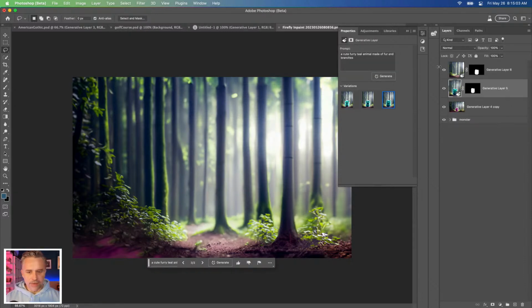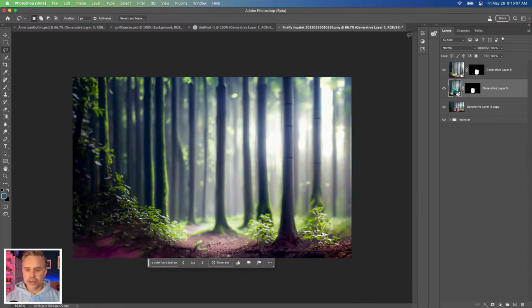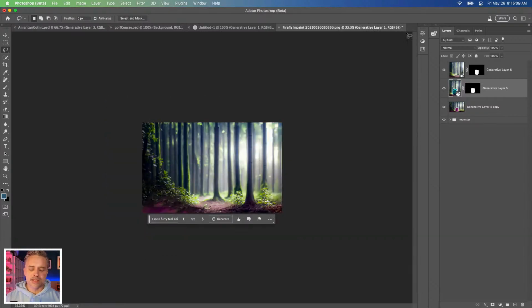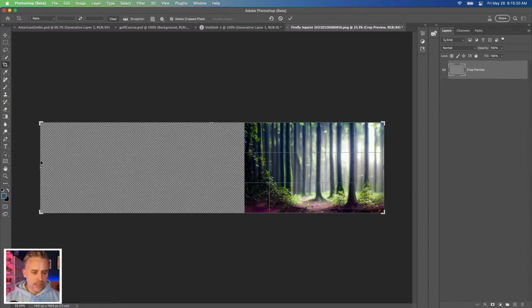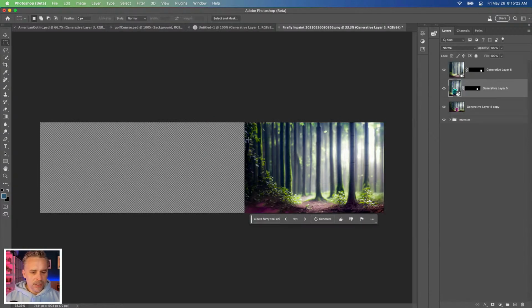So we kind of have a little bit of a setup. We have these monsters, and what I can do is I can really start to build this out. It's just crazy what is possible now. Because now I'm thinking, okay, what if I extend it out this way? Right? So that's what I would extend out. And you can type whatever you want in here. You know, we'll still do a misty magical forest